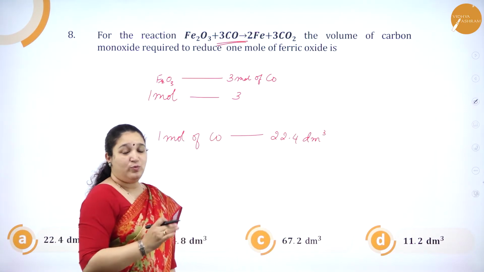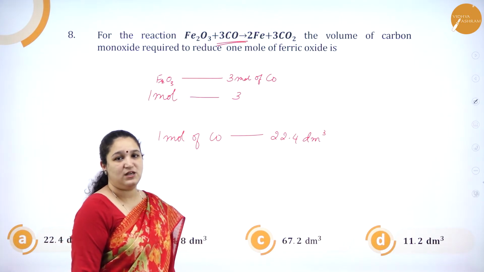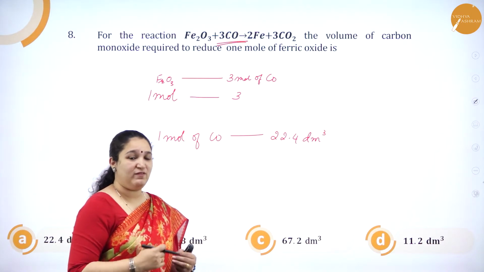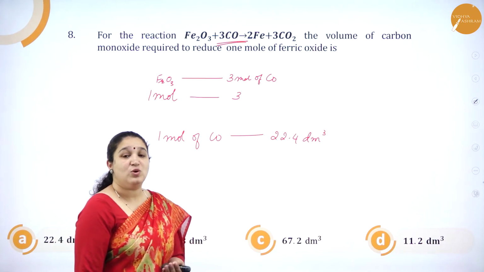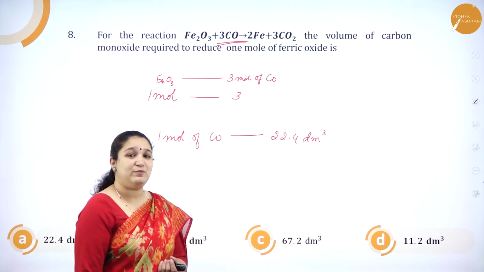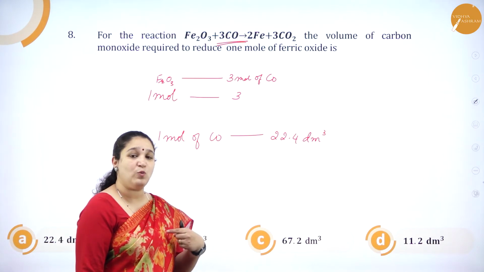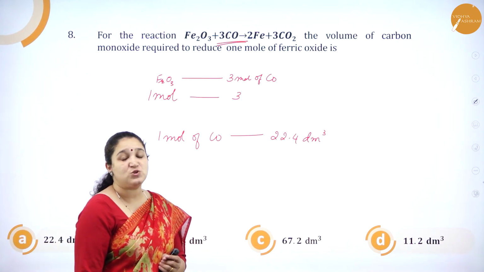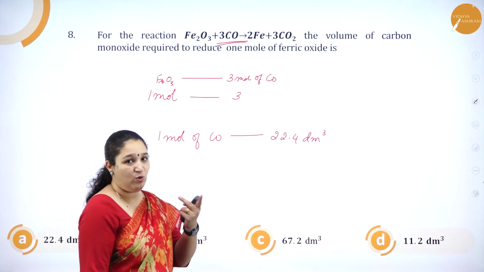Now, you might think 22.7 is the standard value at STP conditions, the volume occupied by 1 mole. That is at present, where the conditions have changed. This is the paper of 2008. At that point of time, the standard pressure was 1 atmosphere. At 1 atmosphere, the volume occupied is 22.4. Now, we are considering it as 1 bar, where the standard volume occupied is 22.7. That's the reason there's a change in value. I'm taking the old version only.